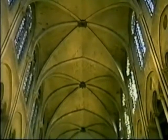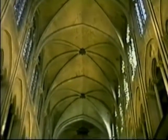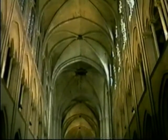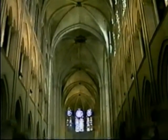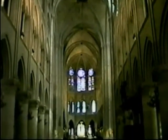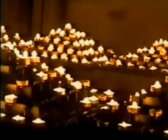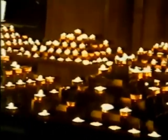Well, we're inside Notre Dame, one of the largest cathedrals in the world. Candles for a prayer. These are some of the famous stained glass windows inside of Notre Dame. Particularly interesting are the blues, which are absent from some of the Italian cathedrals. I'm not sure what these depict, but